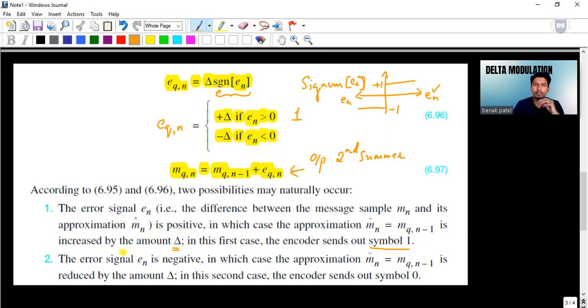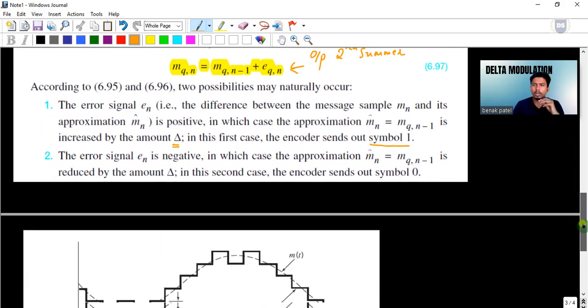In a similar way, if the error signal is negative, the approximation m cap n, which is equal to mq of n-1, is reduced by an amount of delta, that is negative delta. In this second case, the encoder sends out symbol 0. So for positive delta it sends out symbol 1, and for negative delta it sends symbol 0. So this is what the encoder ultimately transmits.